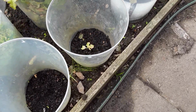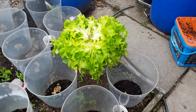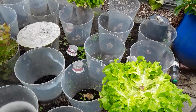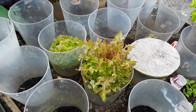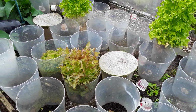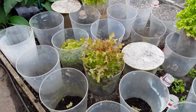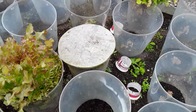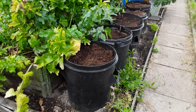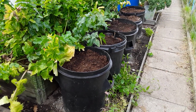Successional sowing lettuce, managed to get the last lot in now. Some of it's going to seed. Managed to get the top out of that one, which was quite nice. Might get a little bit more off those. If not, we've got to buy some more. So the salad bed, it's done well this year, and this also had all the remnants of the underground wormery spread around. We're onto the potato bed. As you know, I plant everything in containers, so this bed